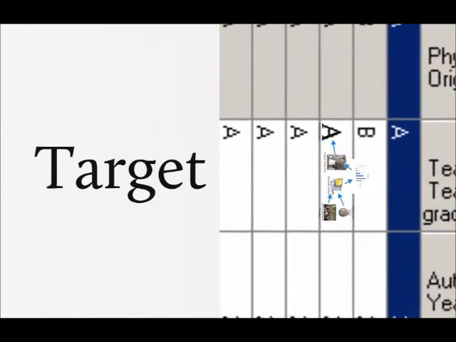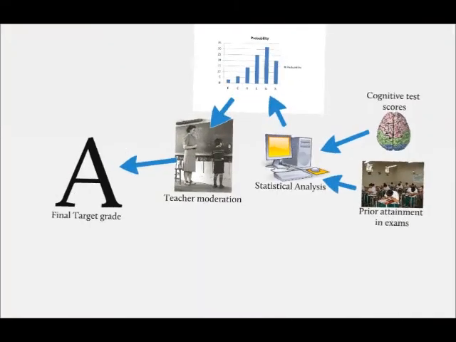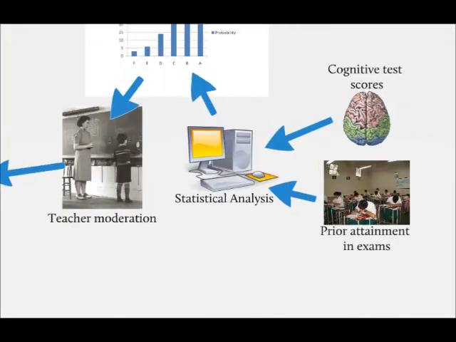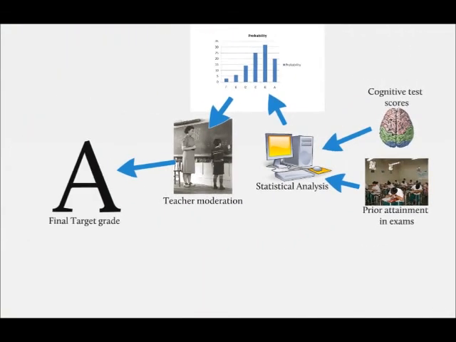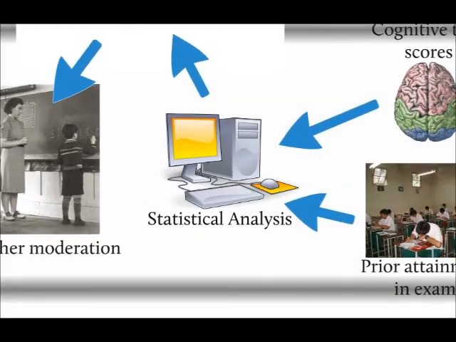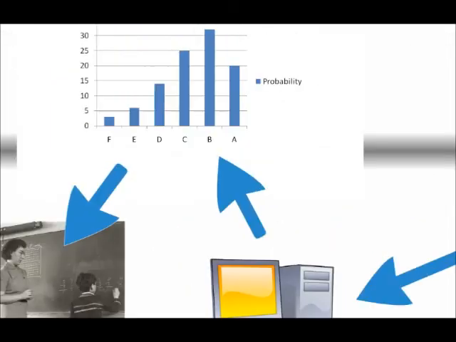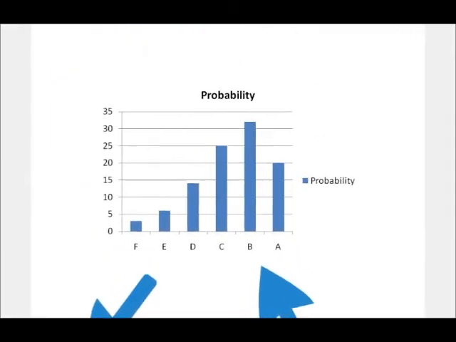If we unpack what's happening in the target grades, we see that there's a reasonably complicated system going on. First of all, students will have sat either a cognitive test earlier on in the year, or alternatively it will be taking information about their prior attainment in previous exams. This information will be put into a computer that will then compare their performance against previous students' performance and then make predictions about how likely they are to therefore achieve certain grades based on what historically students of similar ability